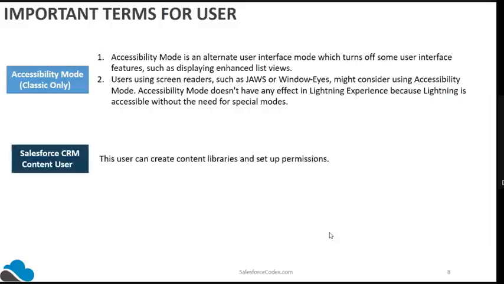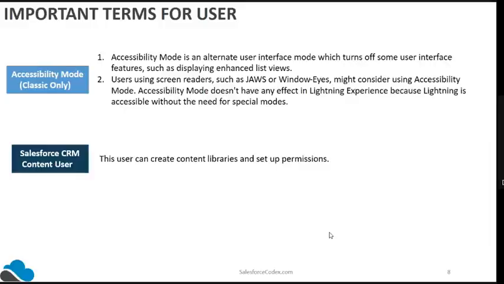After that, we have the Salesforce CRM Content User. Now in Salesforce, if you want to save files and other things, we have content libraries. A user can create libraries and set up permissions for that library, like, okay, I can create libraries for knowledge management, and after that I want to share that knowledge management content with my group.